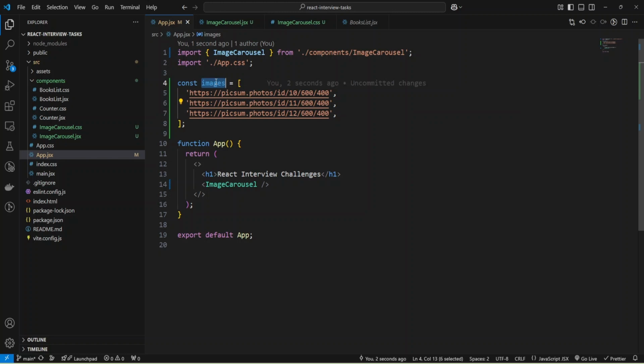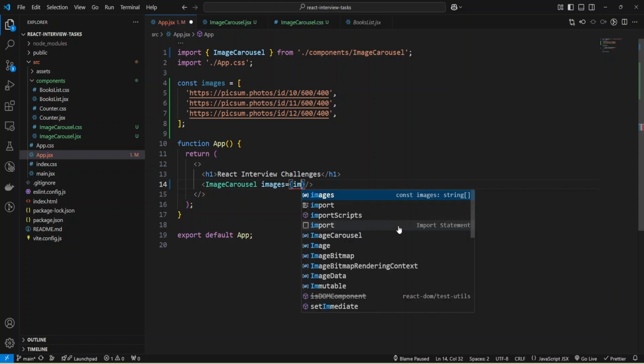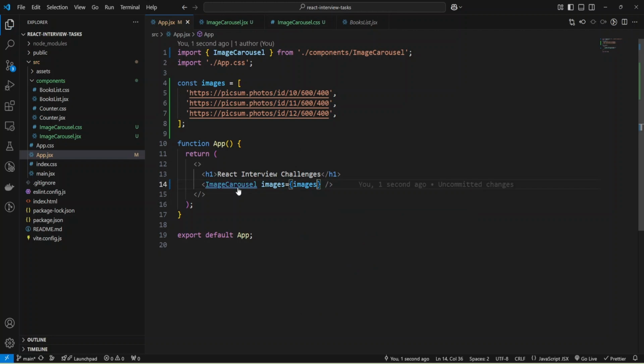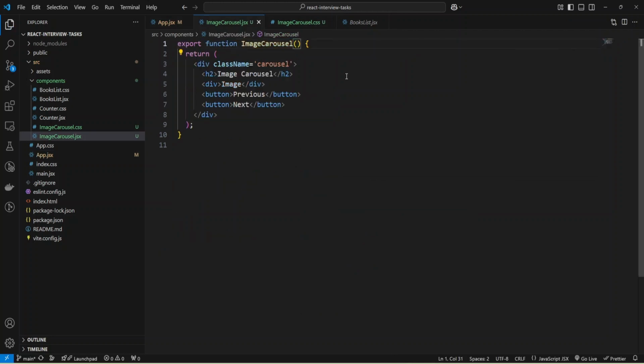Now I can provide it as props to my component, so I'll provide images. Then I can retrieve my props inside my component, and I'll use object destructuring and extract images. Now I can use these images to provide the URL for an image tag.